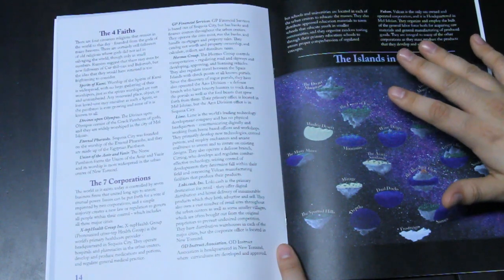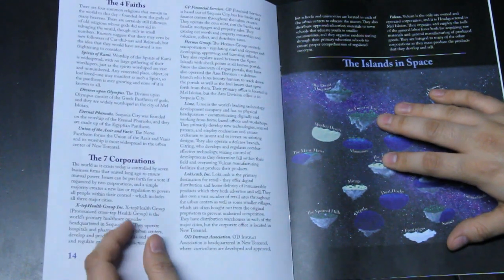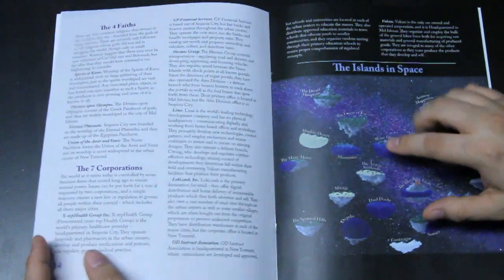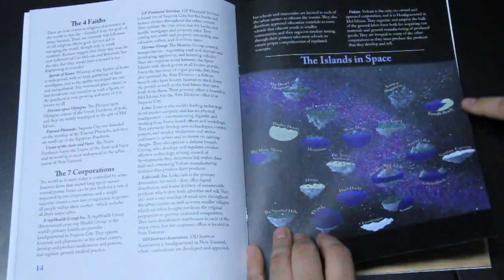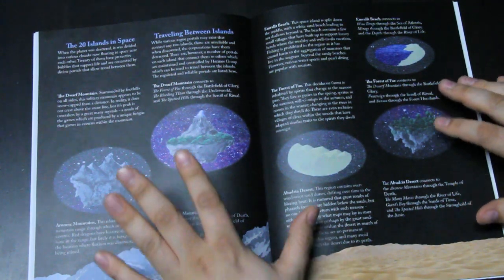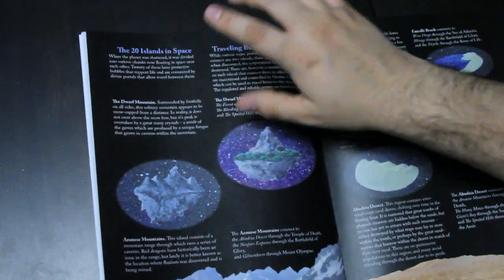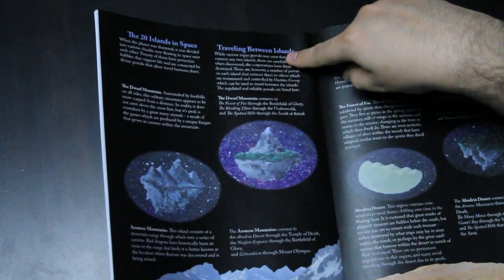It wasn't all like one person, so it's interesting. And then the 7 corporations, so each of those have a little paragraph describing what they are, etc. Up through here. Then we get our map with each of the names for each of the space islands, and then descriptions. Each island is described, and it's kind of a column section where there are the 20 islands in space, and there's rules for traveling